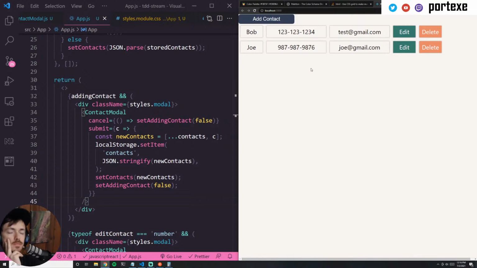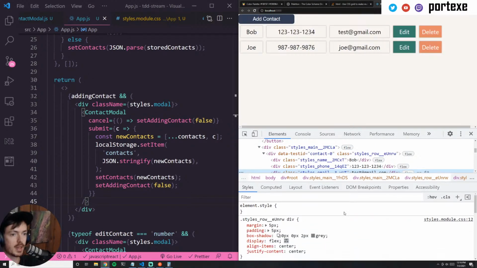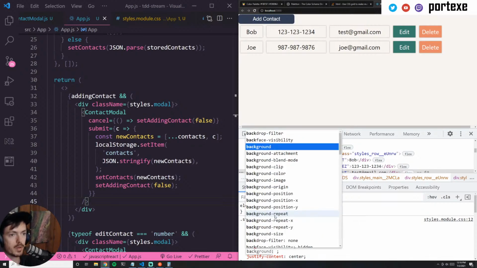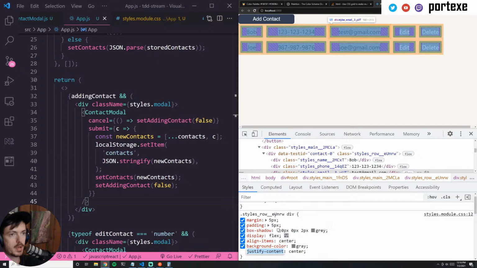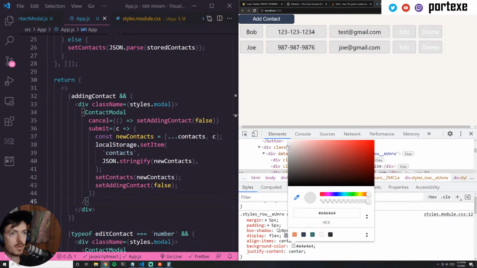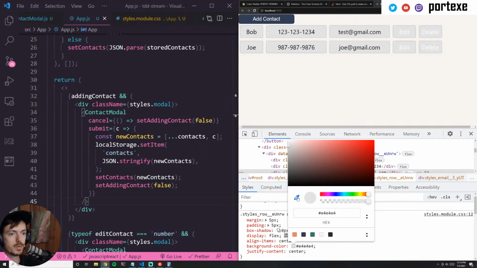Okay, so really not liking the background color situation here. I kind of want to go in manually and just see if I can play with the colors until I find something that I like. So background color. Let's start with a gray, and then I'm gonna kind of just play with it until it looks good. I wonder if we can kind of,